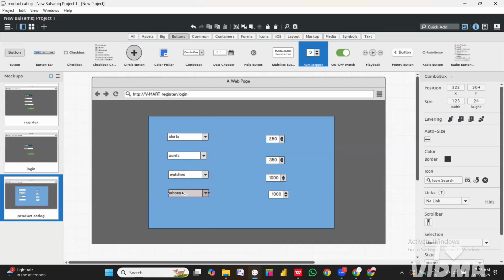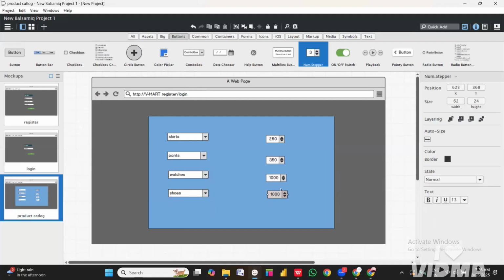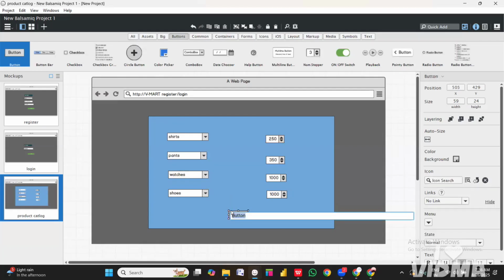Okay. So after selecting, you need to click on add to cart, or else you can click on wish list or whatever. So I just want to add one button. This button will be add to cart. After selecting whatever things you need, you will be adding them to the cart. Okay. And then you will be